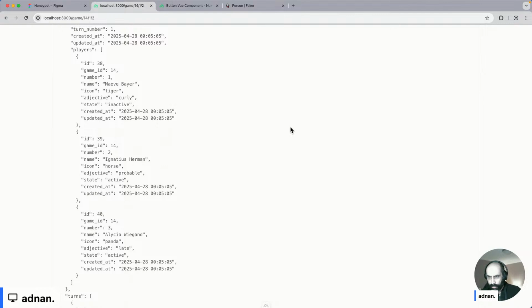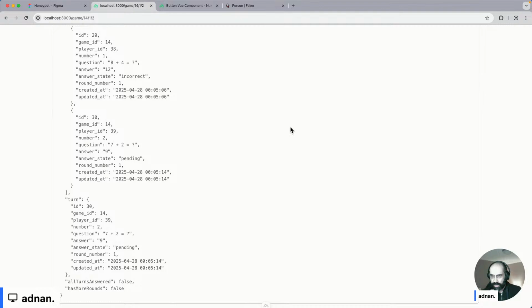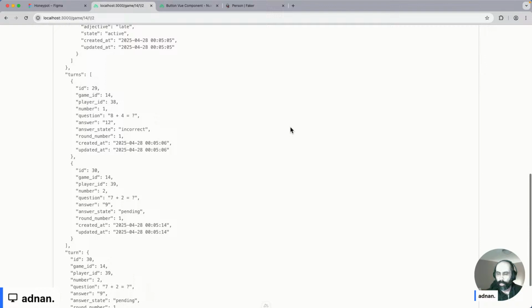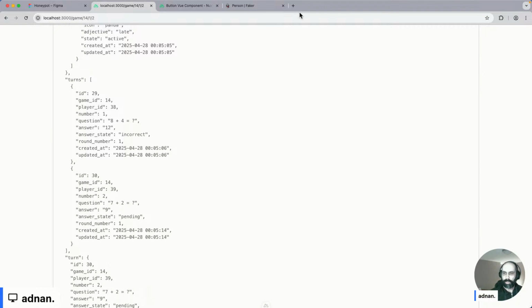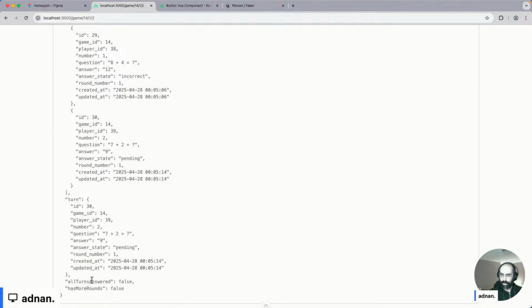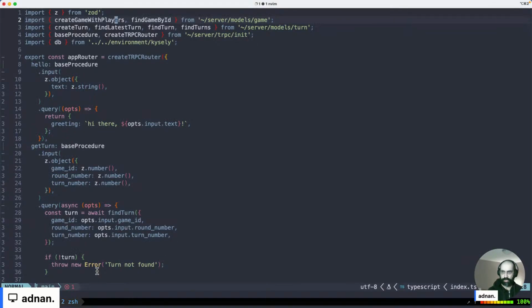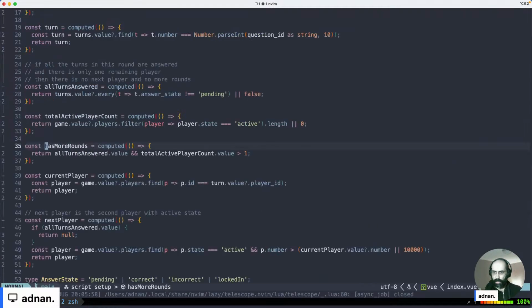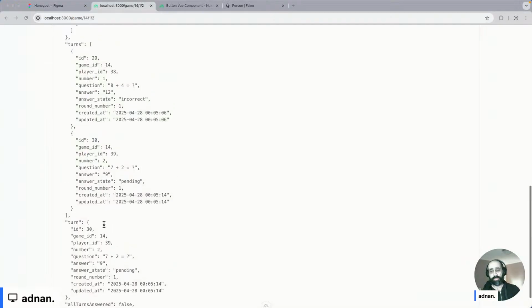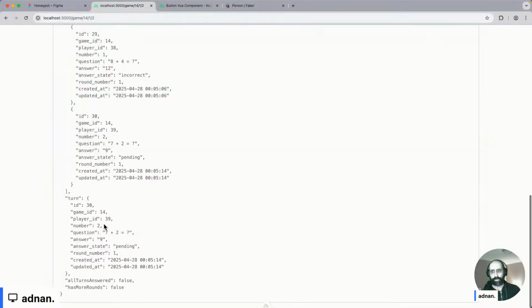So let's see what our turns say. I have pending turns, right? So all turns answered is false. hasMoreRounds is false. Why? Why is hasMoreRounds false? Let's just double check again. hasMoreRounds when all turns answered. So all turns have not been answered, right? allTurnsAnswered is